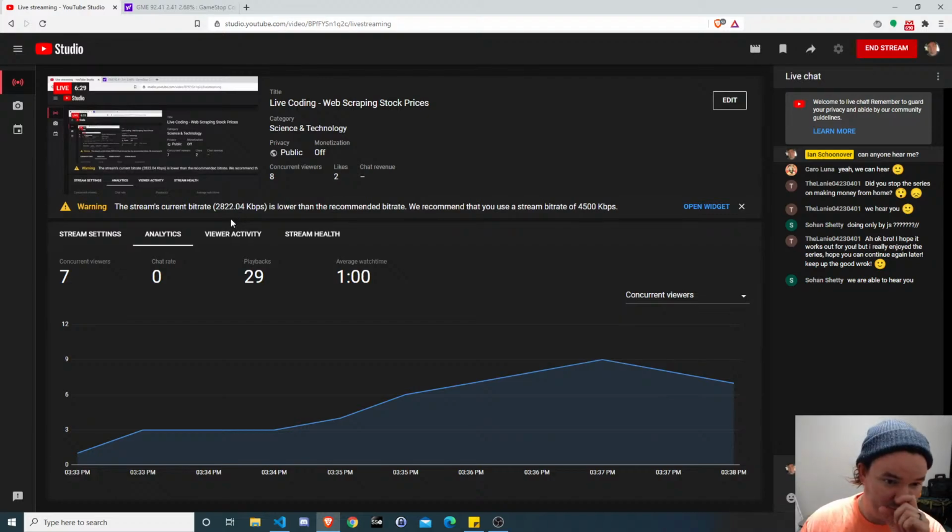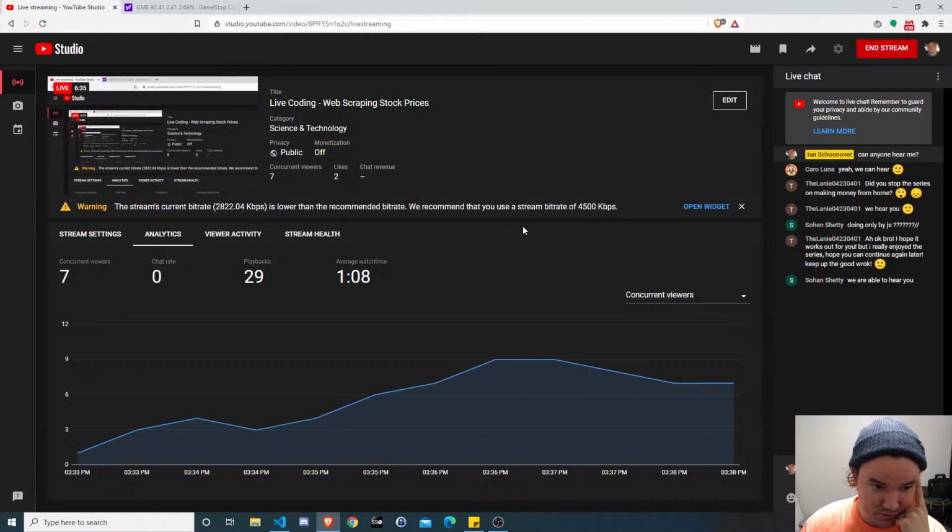It's telling me that the bit rate is lower than the recommended bit rate. So let me just make sure that my settings are correct. Just give me like 1 second before we get started. I don't want it to crap out in the middle of the little tutorial. So if you're able to hang in there for a second, appreciate it.